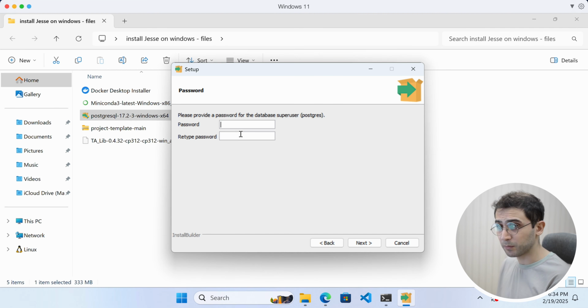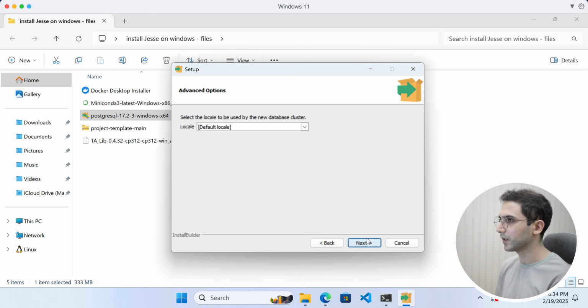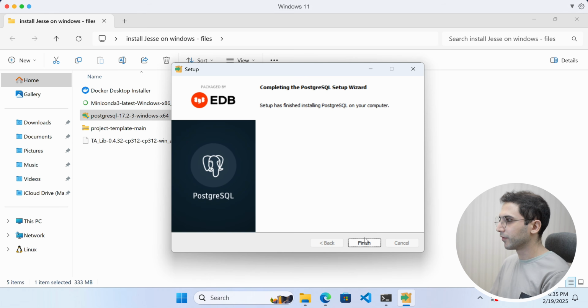Now to keep it simple, because this is running locally, I can simply set something like password. Click on next. The default port is fine. Next, next, and next. Click on finish. Now that the setup is done, we need to add PostgreSQL to the path of our Windows